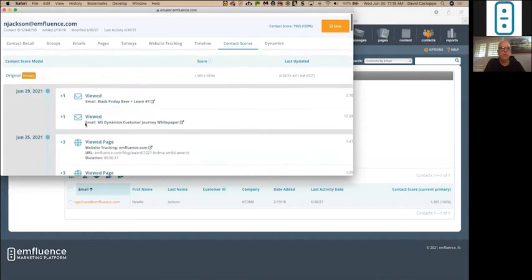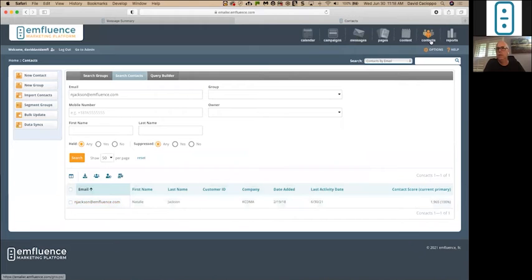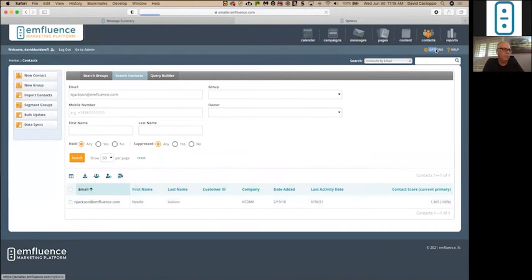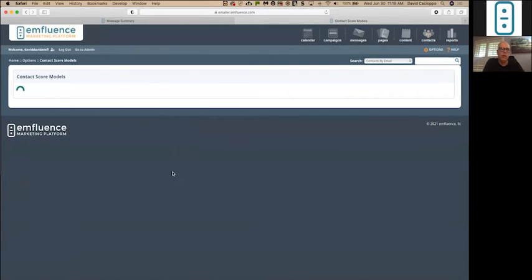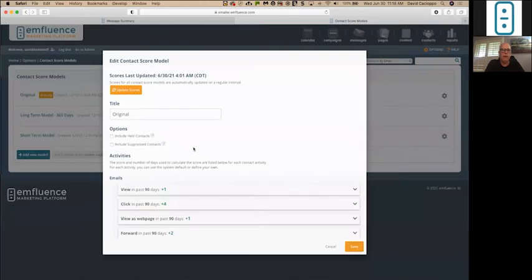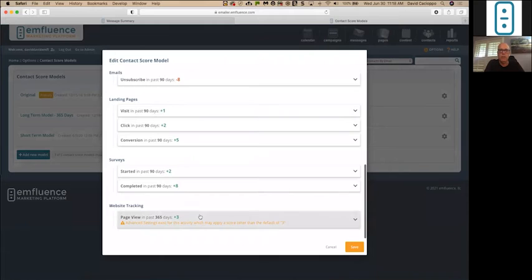Okay, so let's take a look at individual scoring for pages. So I'm going to go back to contacts, or actually we go to options. A request we heard fairly frequently from folks after we rolled out our contact scoring model was to assign specific values to specific pages.